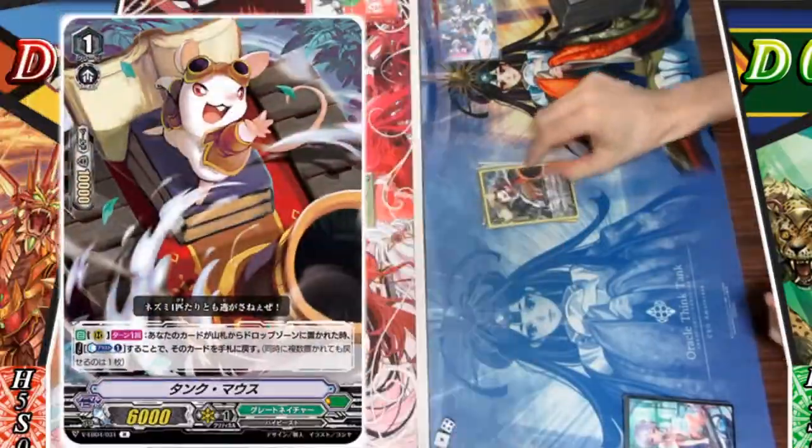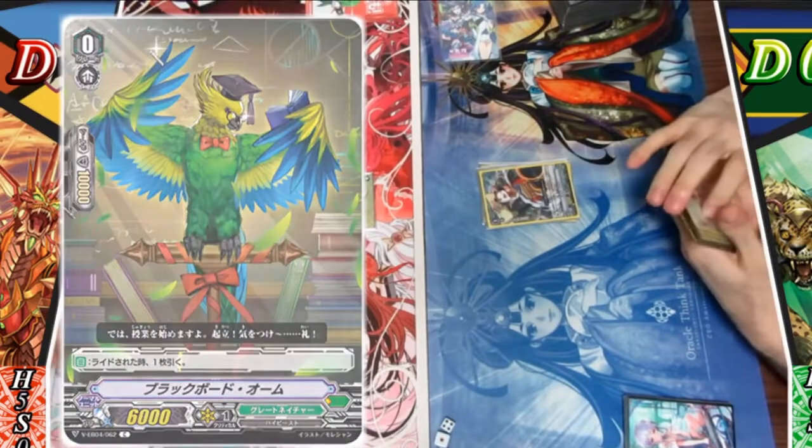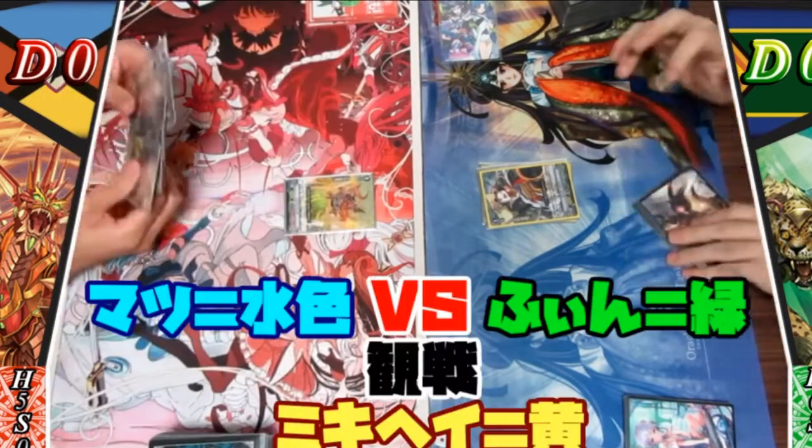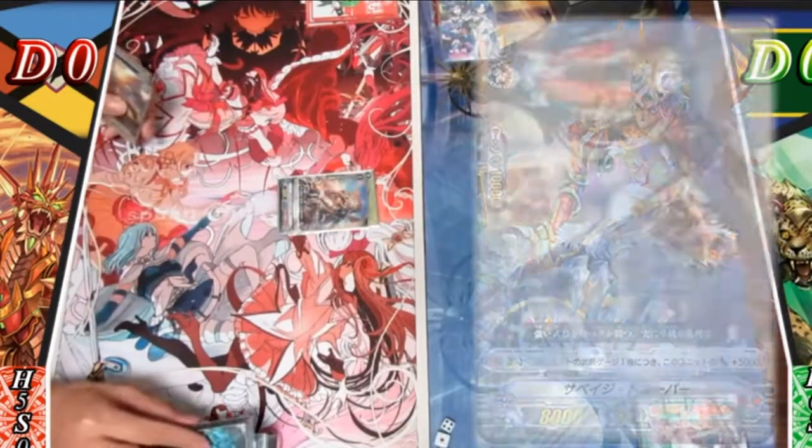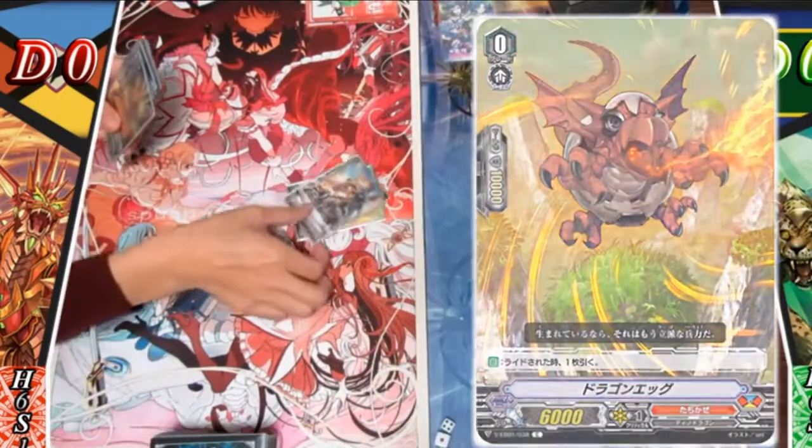Here we start off. He writes the grade one that when something is milled, you can counterblast one, return to your hand. It's only once per turn, though. It's a really good card. We read